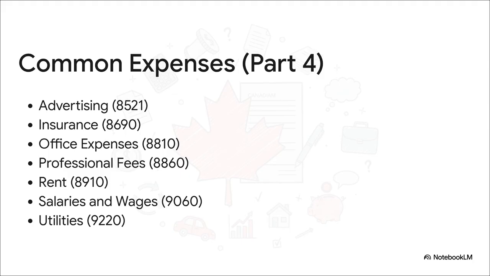You'll see all the usual suspects here. Things like what you spent on advertising, your business insurance, your office supplies, maybe the fees you paid your bookkeeper. It's all there. The form even gives you a specific line number for each category. This is exactly why organizing your receipts as you go throughout the year is such a game changer. Good record keeping isn't just a chore, it is your single best tool for making sure you claim everything you're